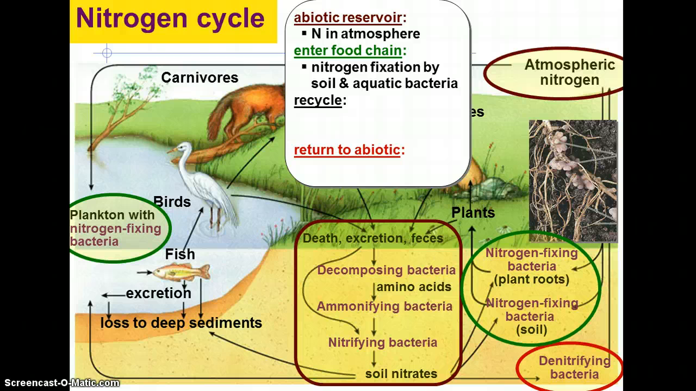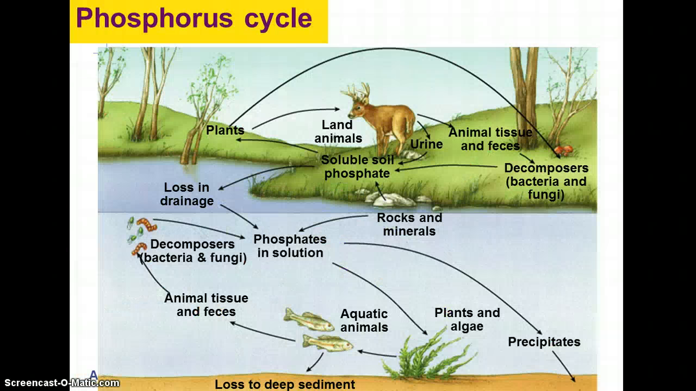It's going to be in the food chain through fixation of bacteria, recycles in decomposing and nitrifying bacteria, and the denitrifying bacteria also bring it back to the soil, or sorry, back up to the air. Now we have phosphorus, which is also very important for plants and